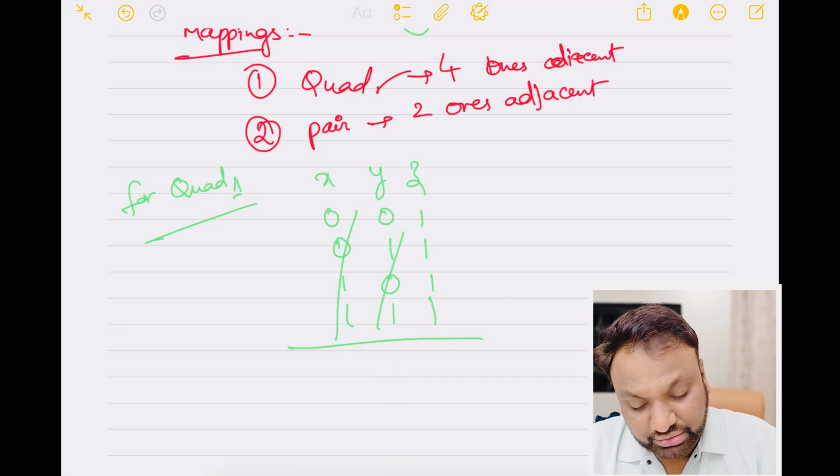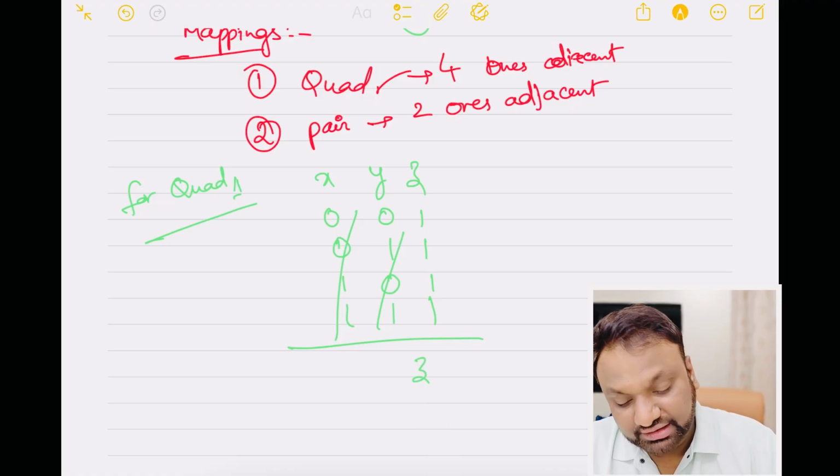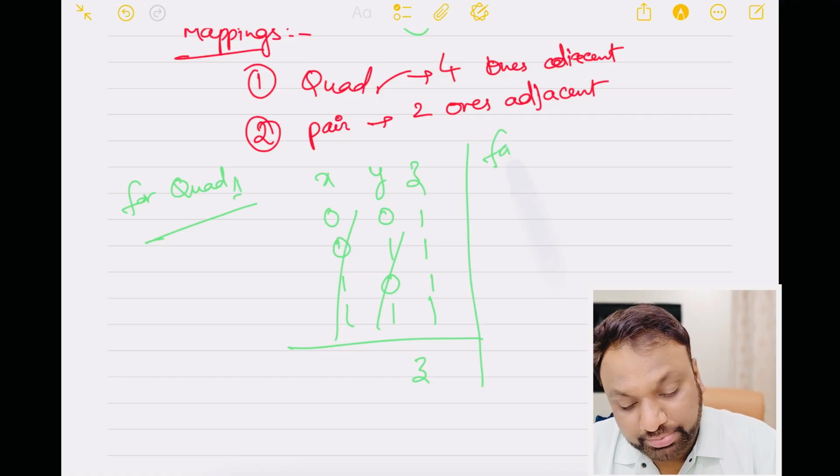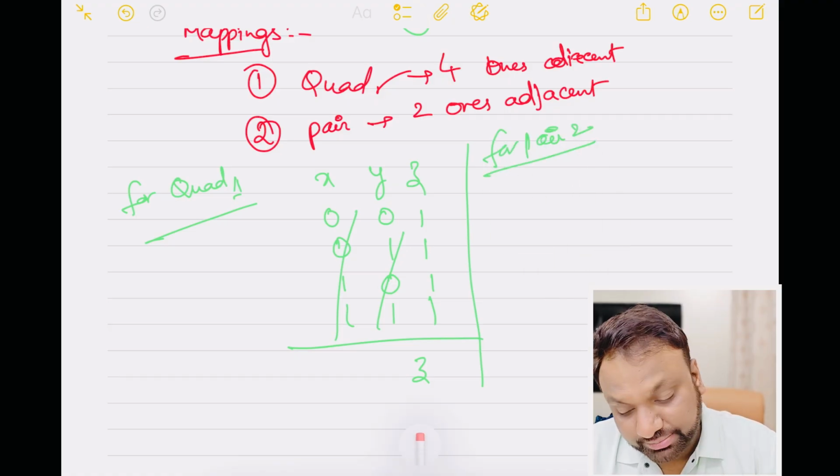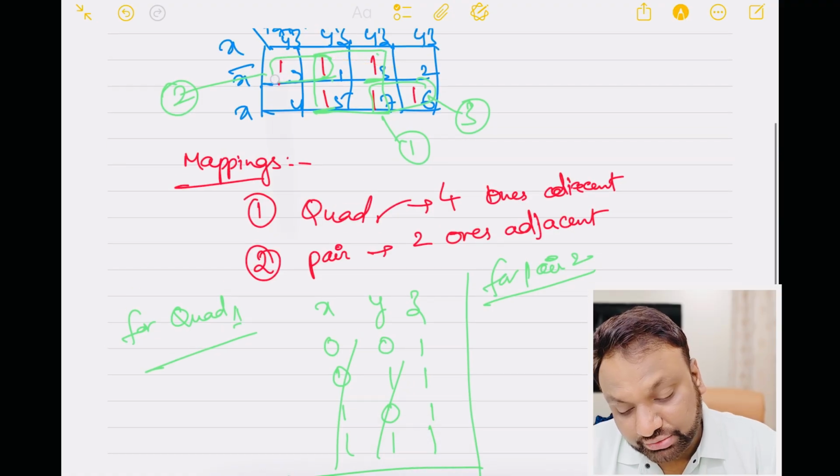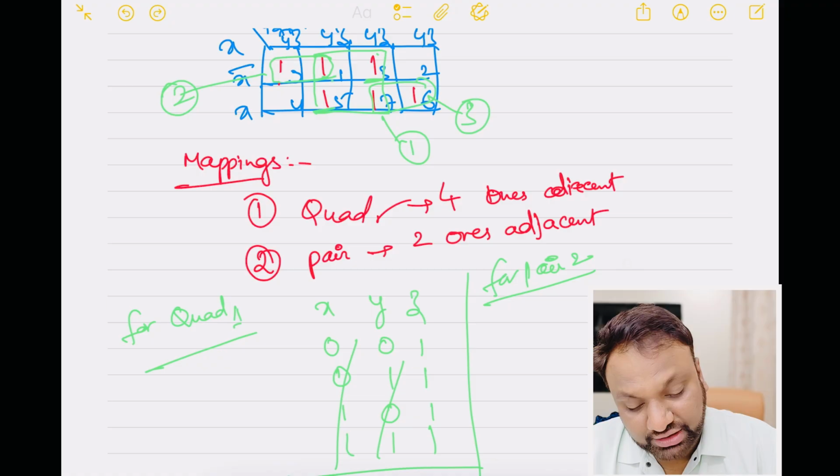Only all ones are there for z, therefore for quad 1 it is z. Similarly for pair 2. For pair 2, what is my pair 2? This is my pair 2, right? This is my pair 2. So again you write here x,